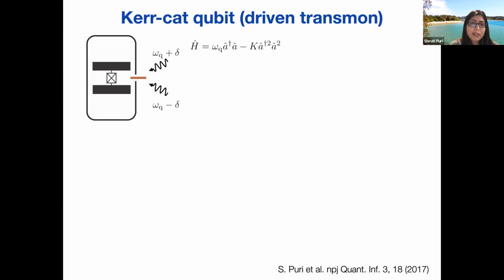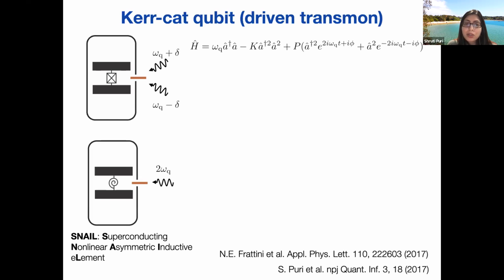Now what you do is you drive the system by two drives, which are equally red and blue detuned from the center frequency. And now you'll get this 2-photon drive. So you'll take one photon from this drive, one photon from this drive, and convert it to 2 photons at omega q. Now, it turns out that you can also get the same Hamiltonian in something called a SNAIL device,